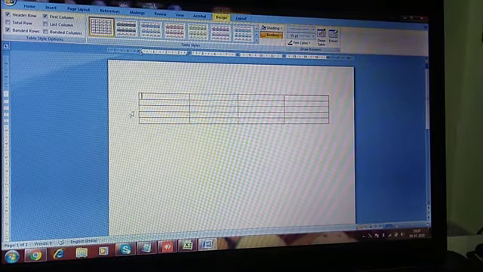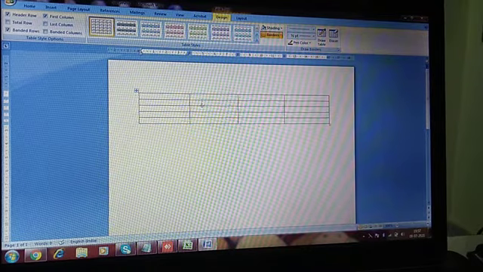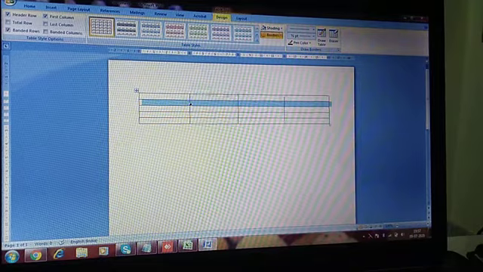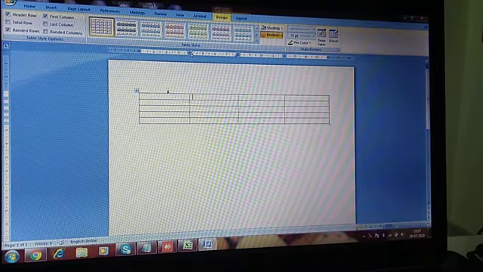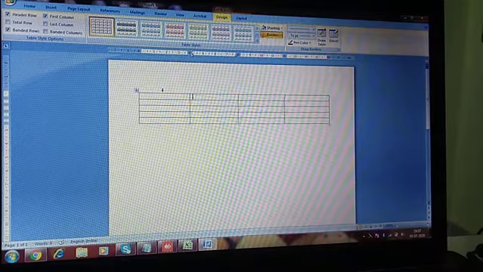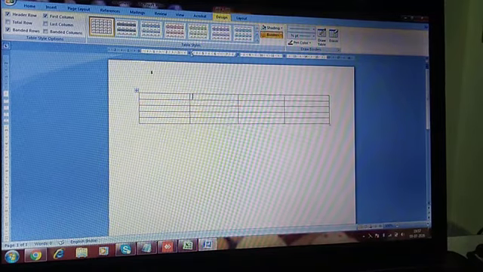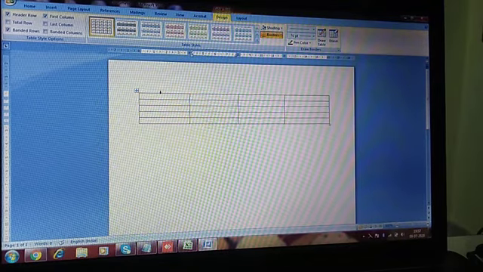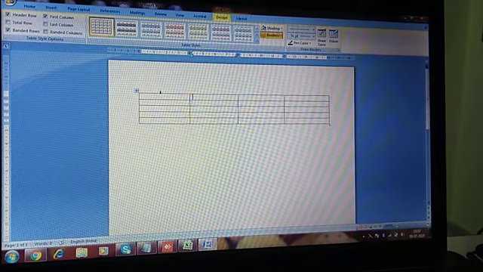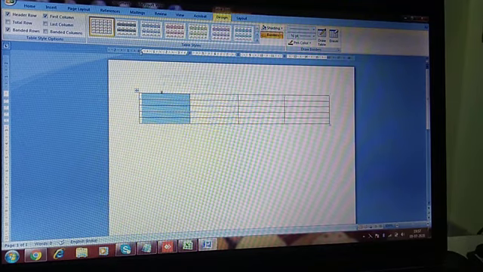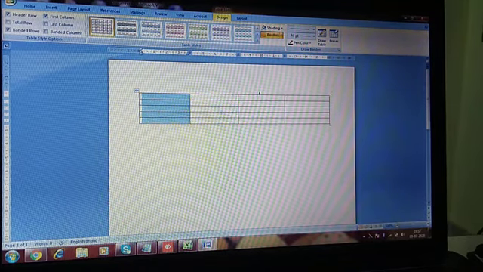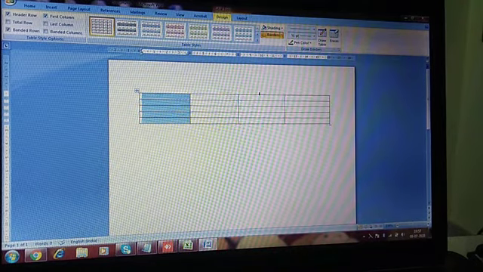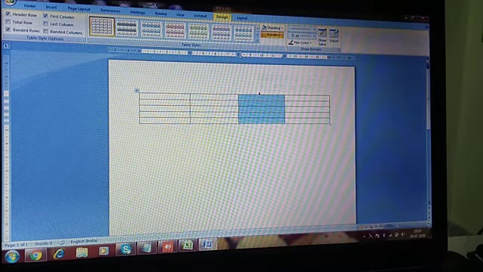Okay, now these are the rows, these are the columns, and this particular box is called the cell. Now if you want to select the column, you will just place your cursor upside the column. Now see this black arrow. This bold black arrow will come and then click, it will select the entire column. Now if I want to select this one, go upwards, again this black dark arrow will come and just click. Now this column is selected.